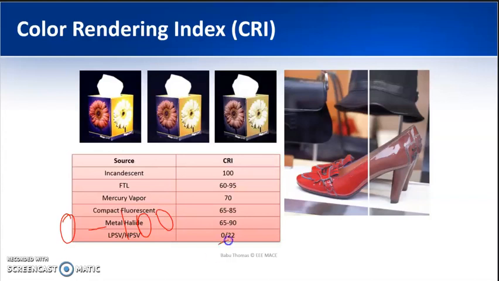A low pressure sodium vapor lamp has a 0, and the normal fluorescent lamp will have a rating between 60 to 95. The incandescent lamp is the one which is matched in accordance with the sunlight and has a color rendering index of 100. So it all depends upon which colors are produced in that light spectrum. There is a VIBGYOR. If all the colors are there in that particular light spectrum, then it is able to produce all the colors of the object under it. In the case of a sodium vapor lamp, it is producing the light in the yellow region. So therefore, yellow can easily be reproduced, but other colors are not easily reproduced.